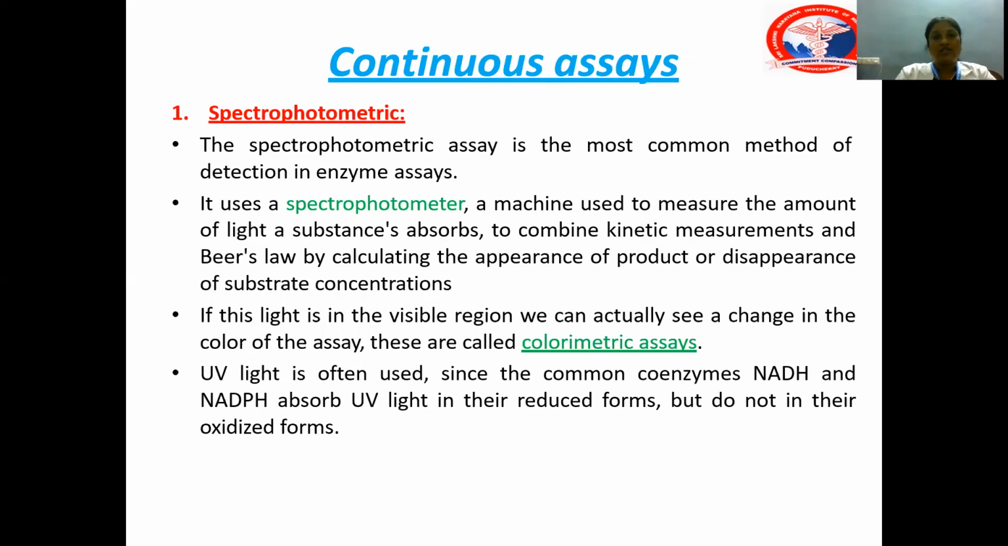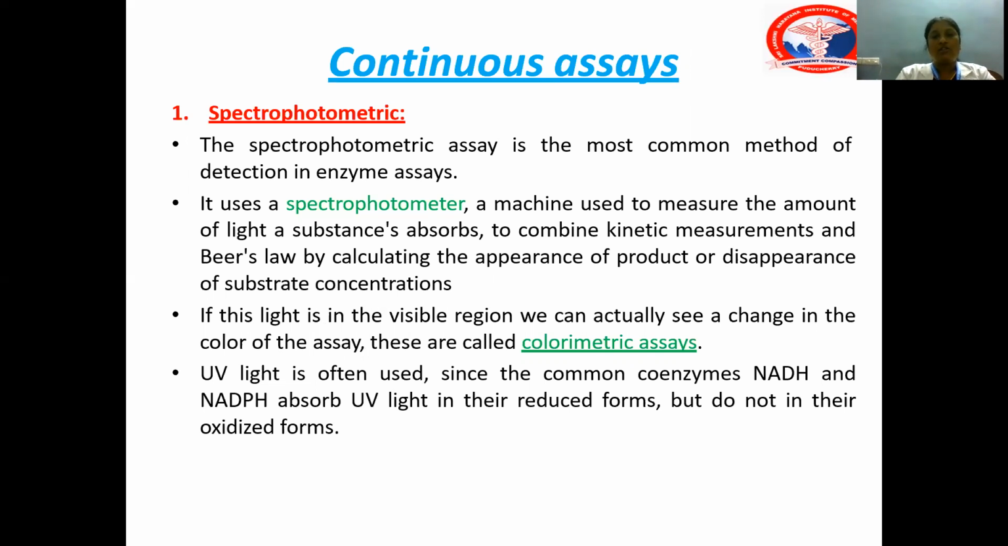What are continuous assays? Detection method. The first detection method is by spectrophotometry. Spectrophotometric assay is the most commonly employed method of detection in enzymatic assays. So here, they use a spectrophotometer, a machine which is used to measure the amount of light a